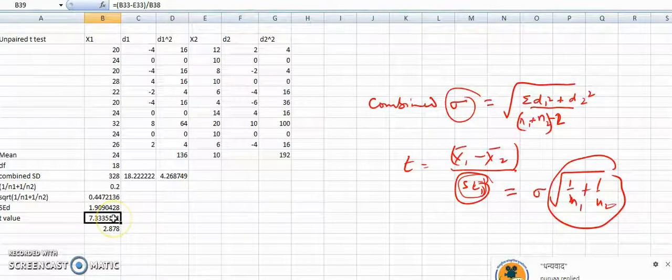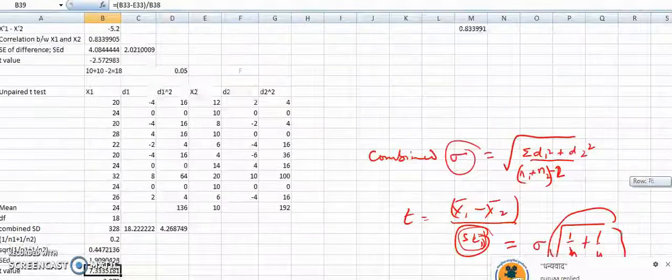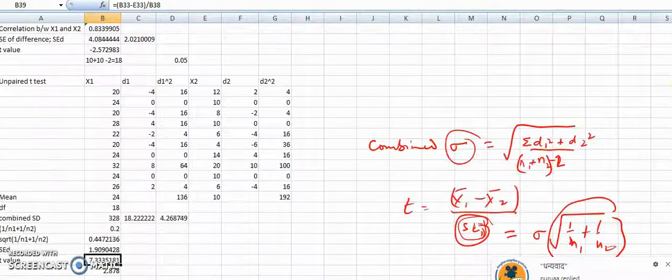So the null hypothesis stands rejected here. That means the difference between these two data, x1 and x2, is significant enough. The alternative hypothesis is accepted. The null hypothesis said that these are insignificant, but the t value obtained is higher than the table value. Therefore, the alternative